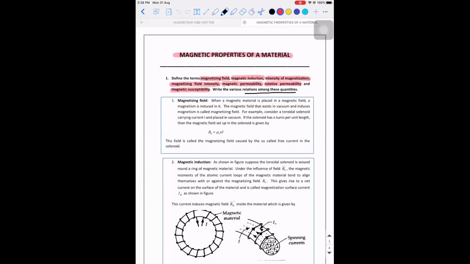So listen. The first term that we need to understand is magnetizing field. What do you mean by magnetizing field? As I told you in the previous class, every material is made up of atoms. Since it is made up of atoms, they have electrons revolving in a particular orbit. Hence, they have magnetism associated with them. And the question is all about the intensity of magnetism that the material has, which can be improved by using an external field. For example, I have a material, or I will call it a substance.